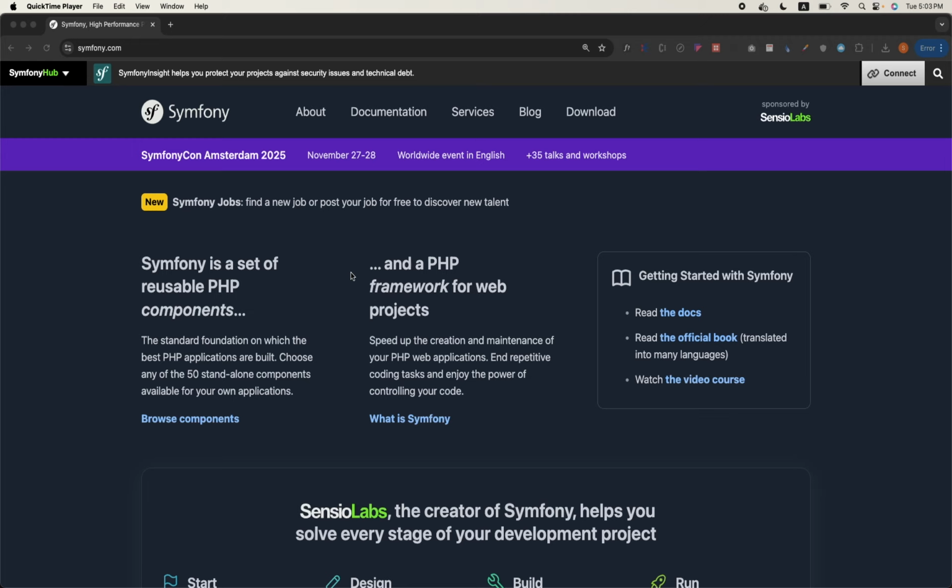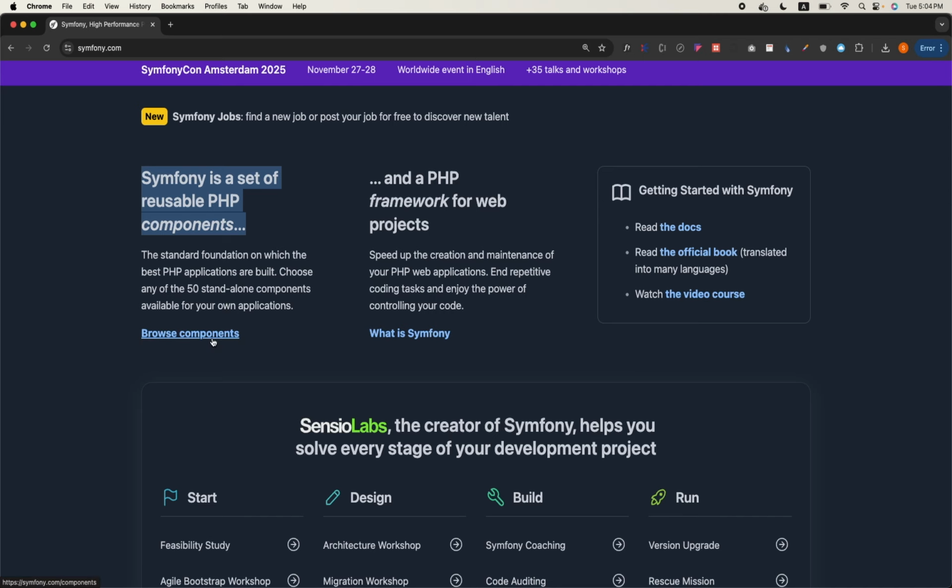In fact, if you Google about Symfony, you will see a lot of articles, Laravel versus Symfony and Symfony versus Laravel. So you can choose any of those, but the reason we have chosen Symfony is because this is something which Drupal is part of. Drupal is based upon some of the components of Symfony, and